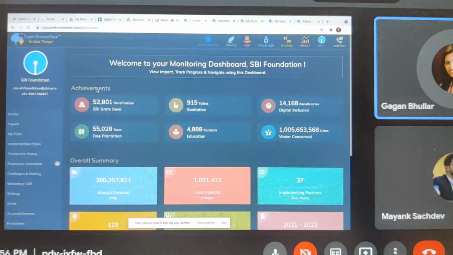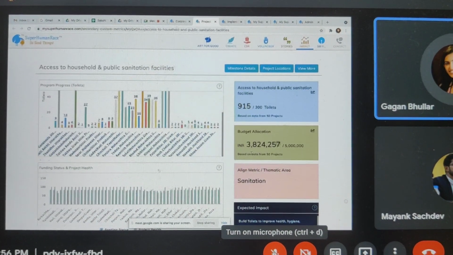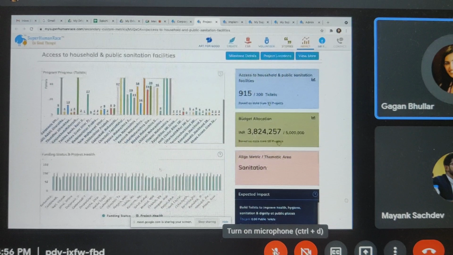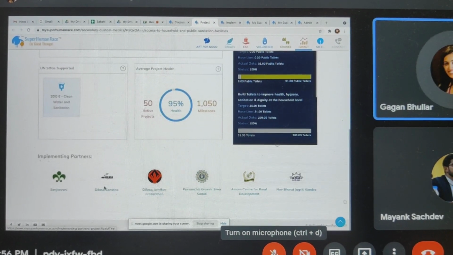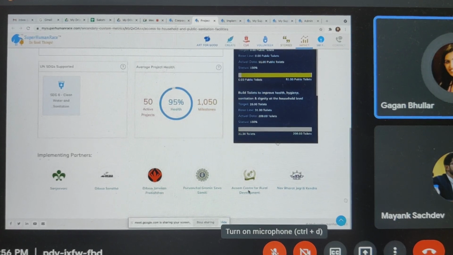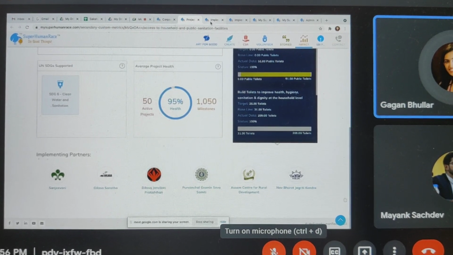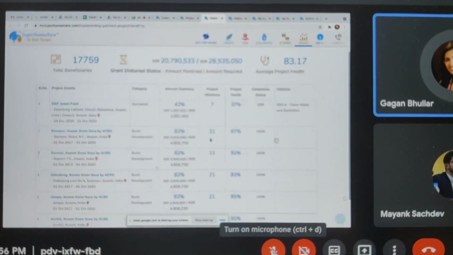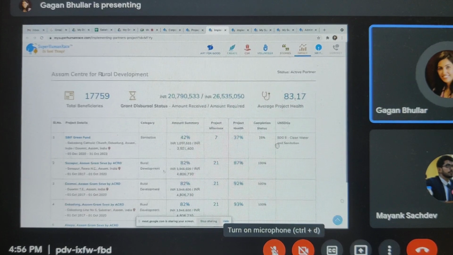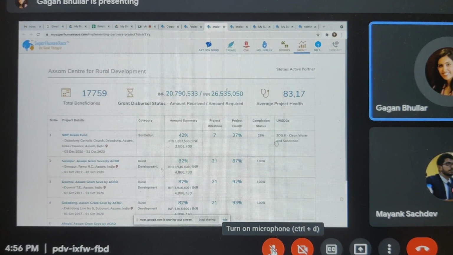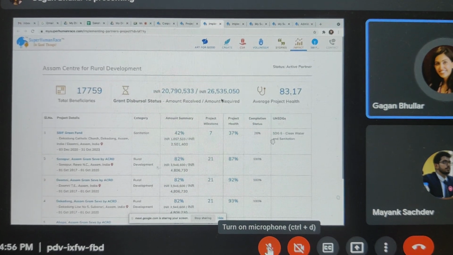So if you go to one of the achievement storyboard pages, you'll see all the implementing partners that are associated. So this is coming from 50 projects, and there are 6 implementing partners who have implemented all of these projects, right? So then I can go to any of these implementing partners and see what projects they've implemented that we are getting results here for, what is the average project health, total number of beneficiaries. Again, this is customizable. So if you want a different list of KPIs that you apply to partners for performance.